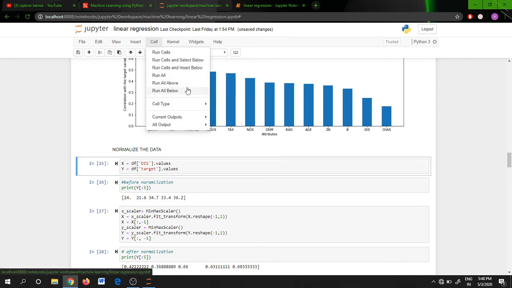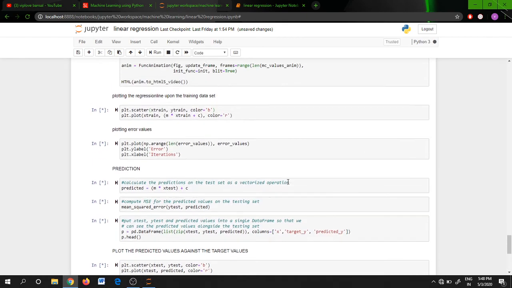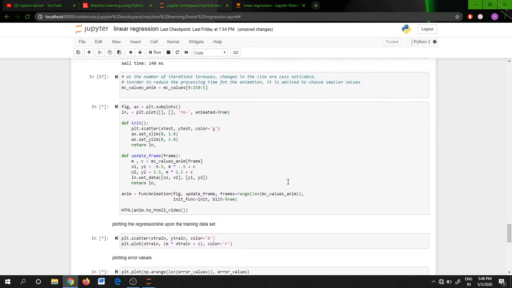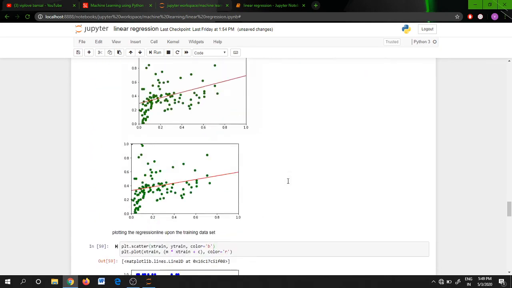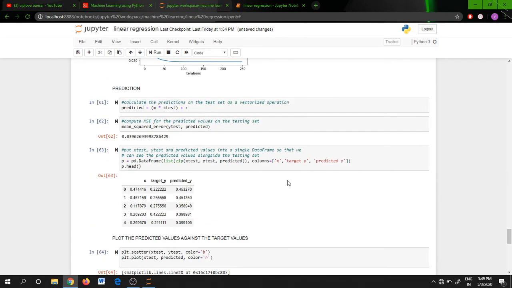Just run all cells below, and this is the mean square error. You can see the earlier one was 0.018, but now it is 0.03, so it is pretty high. That's why we don't use this.